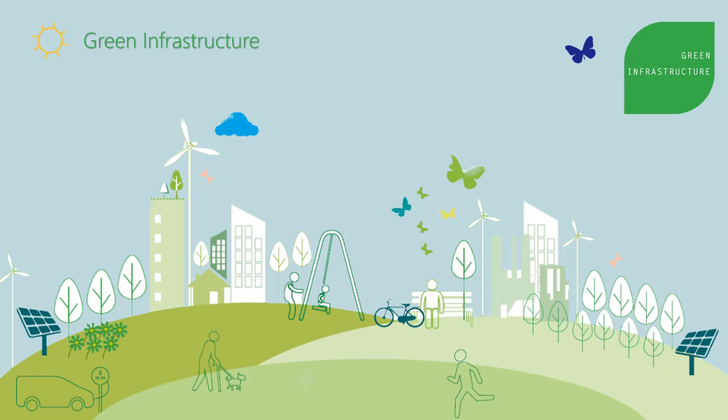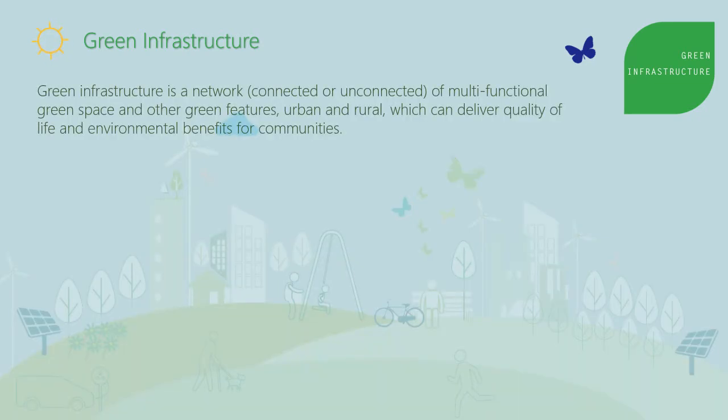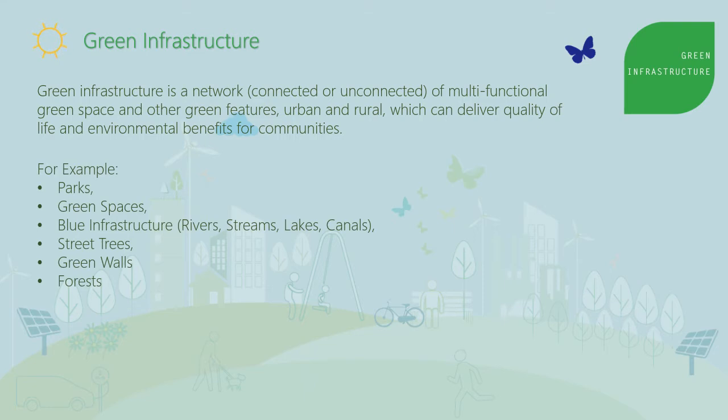So the first question we have to ask is, what is green infrastructure? There are lots and lots of different definitions of green infrastructure, but they're all very similar. And one good definition is green infrastructure is a network, connected or unconnected, of multifunctional green space and other green features, urban and rural, which can deliver quality of life and environmental benefits for communities. So some good examples of this are things like parks, green spaces, blue infrastructure, rivers, streams, lakes, canals, etc.,